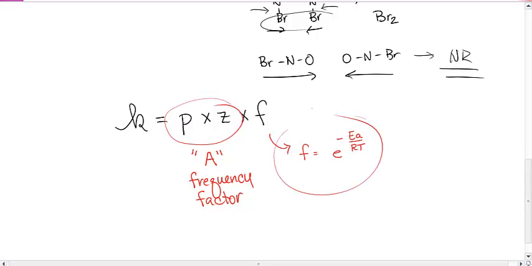So taking a look at this, here's my question to you. If E sub A is high, so if your activation energy is really big, what happens to your frequency factor? If this is a big number, it goes down. So your frequency factor will lower. And of course, it's a negative exponent, so we have to consider that. So if this becomes a bigger number, the fraction with enough activation energy is going to decrease